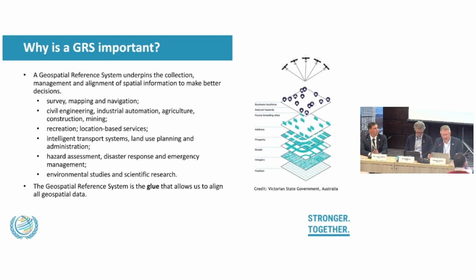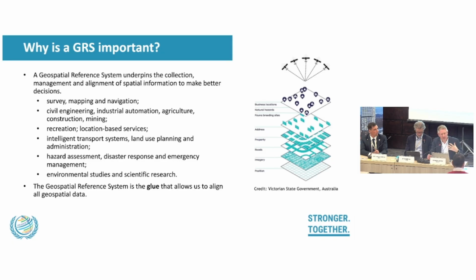You would have seen a picture similar to that as shown on the right before. The bit that was not in there was that ground layer. I always like to put that positioning geodesy aspect at the bottom. Because if you have that accurate framework on the ground, all these layers of data, whether it be roads, railways, environmental information, census information, can all be built on top in an accurate and reliable way.